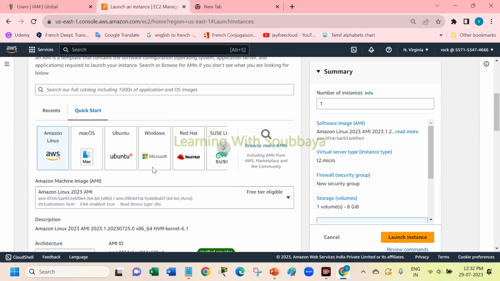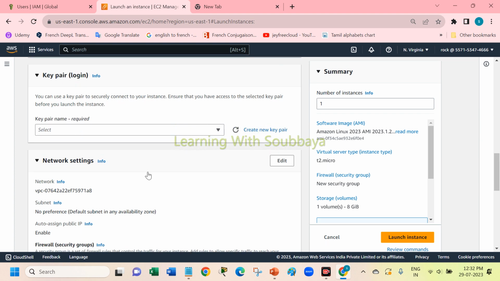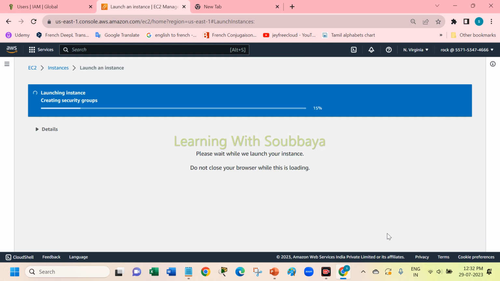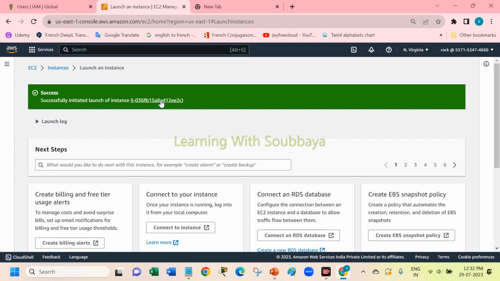My new server along with the key. So launch instance. The instance is getting launched here. So he has access to create an instance here. Similarly,